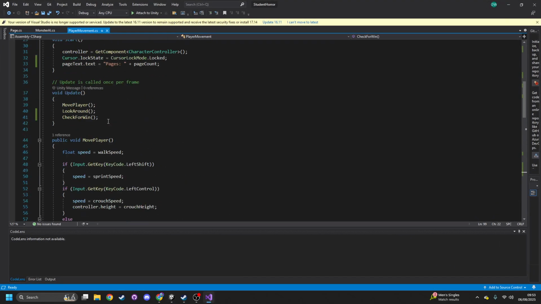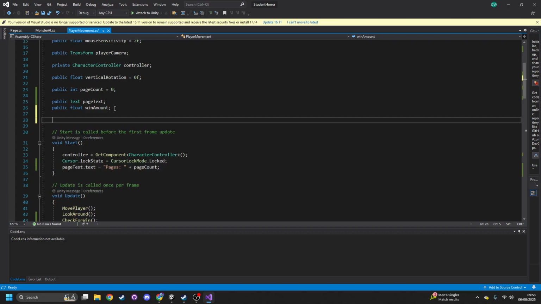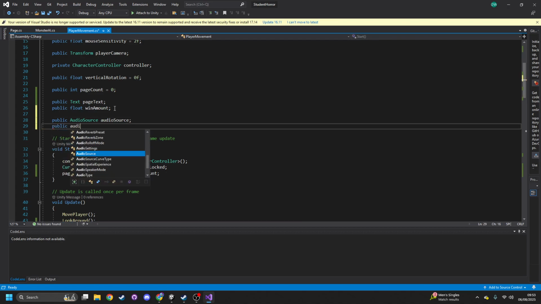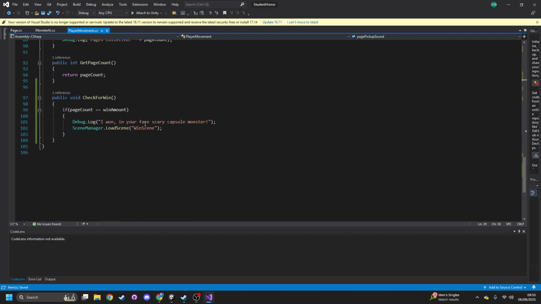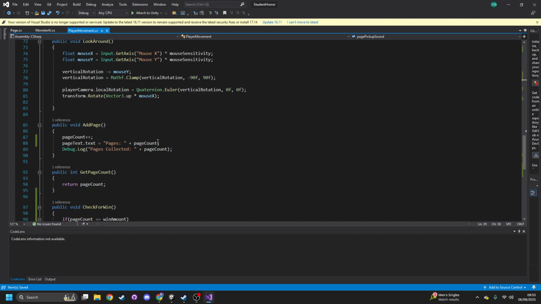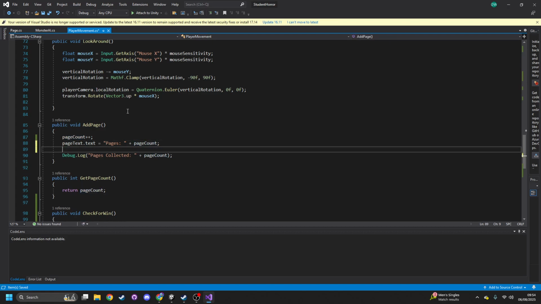Now what we're going to do on the player, we're just going to go to our script and add a bit more code just about some audio stuff. So we're going to do public AudioSource, and we're just going to call it audioSource, and then we're going to do public AudioClip, and we're going to do pagePickupSound, like that. And just down here, this is going to be really easy. We're going to do AddPage, and we're just going to do audioSource dot